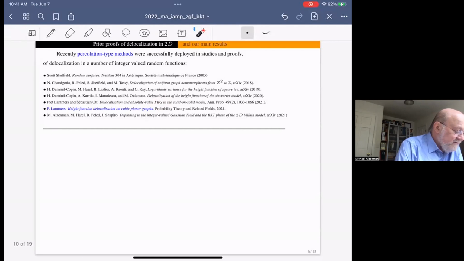And then more recently, there's been a really new method formulated for the integer restricted Gaussian field by Piet Lammers, in which he produced an argument which, from my perspective, I would refer to as percolation of boundary influence, a kind of percolation analysis, by which he established existence of the delocalization of random height functions on any graph of